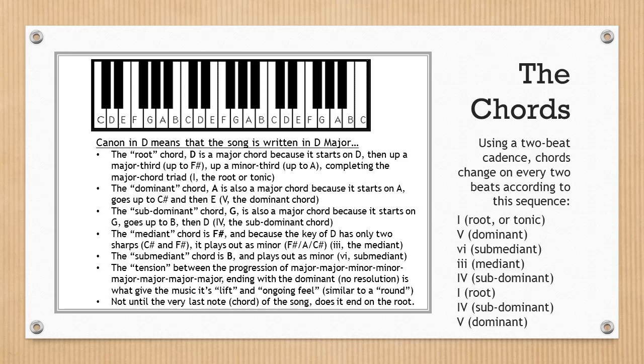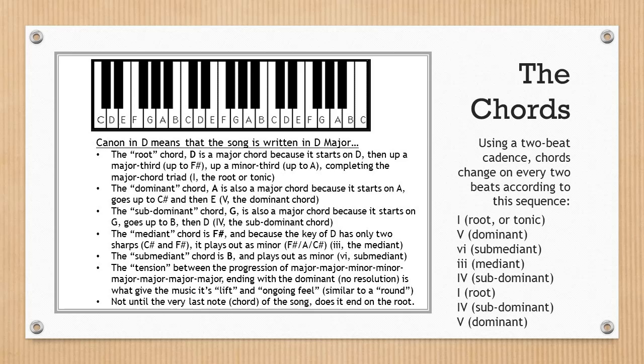If you look at the keyboard, the keys C, D, E, F, G, A, B. Canon in D means that the song is written in D major, and so the root chord is a D chord, starts on D, and all major chords go up a major third and then up a minor third. So you have D, F sharp, A, which completes the major chord triad, in this case the root. And then the next chord is a dominant chord, and that's the fifth of the chord,